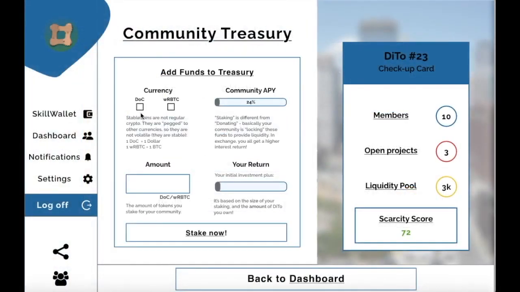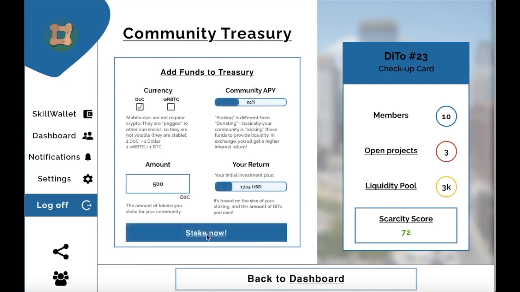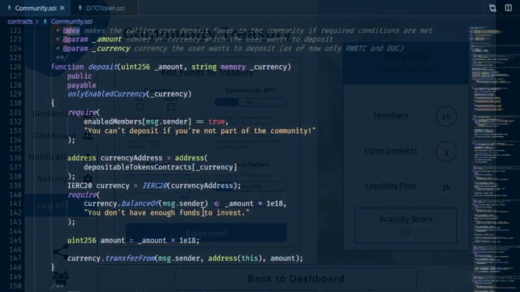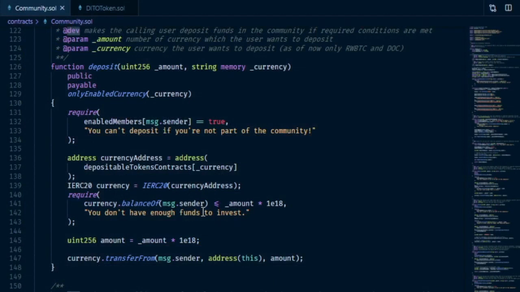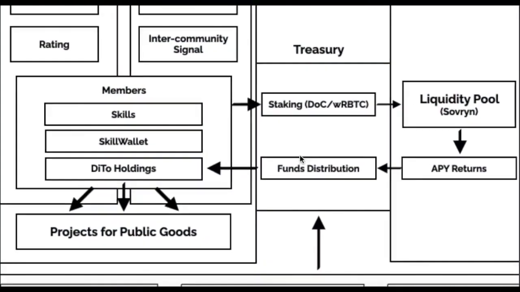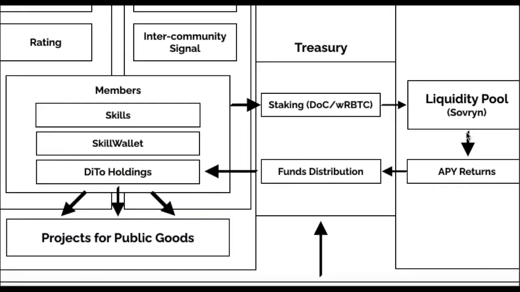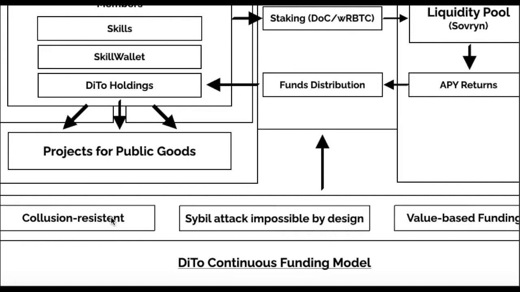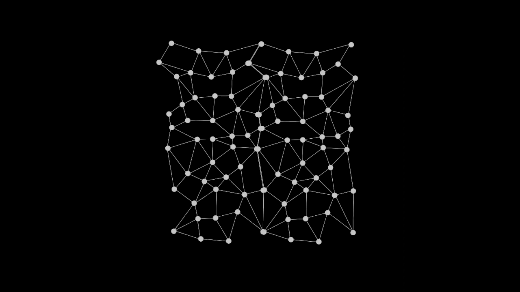As a final step, thanks to our integration with Sovereign, we connect the Bitcoin community to the DeFi ecosystem. Once a member, a user can then deposit RBTC and dollar on-chain tokens so that he can lend them to the Sovereign protocol in order to accrue interest on them. This is a direct gateway between our network's mutual credit system and the traditional financial world that allows communities to grow yield returns and distribute them using a Sybil-resistant quadratic funding model to support projects in the area of public good. Members and tokens can move across the network seamlessly in a blockchain-agnostic fashion that makes them literal citizens of